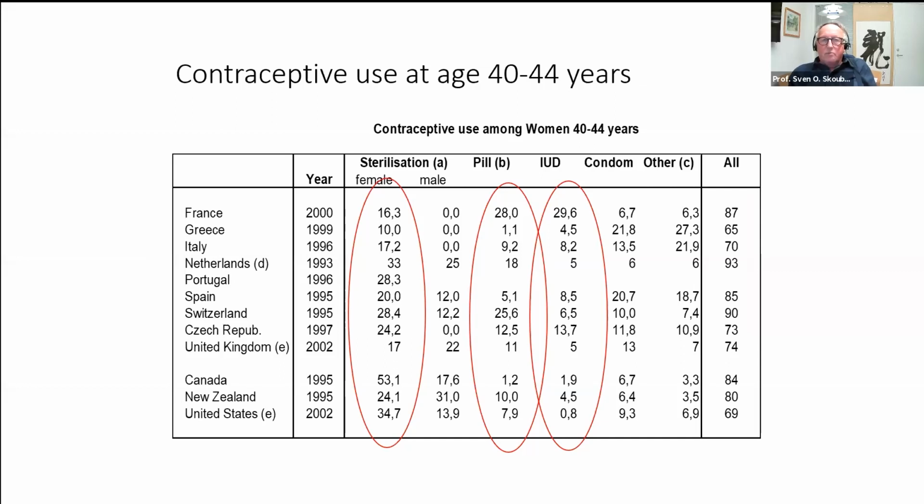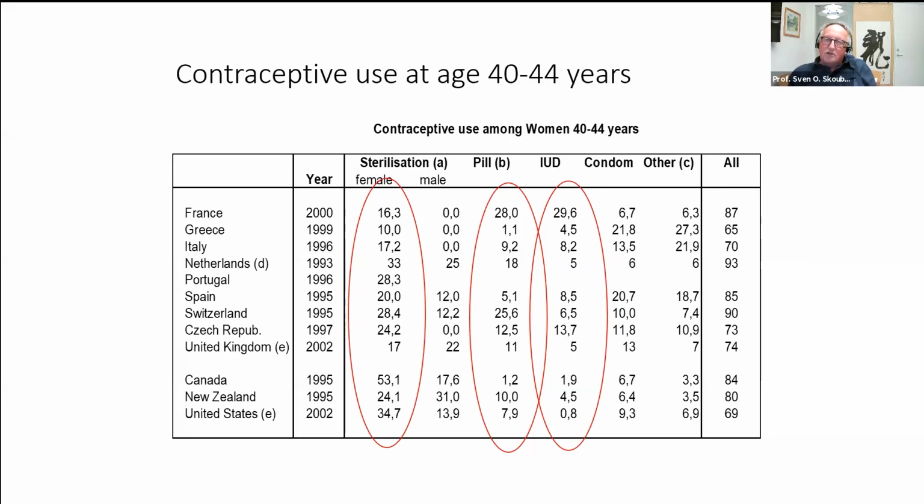If we look at contraceptive use across countries, you will see here, if you look at the geographical situation, that there's a great difference, variation between countries. And there's also a change from early on, often sterilization accepted by the female partner, to now using